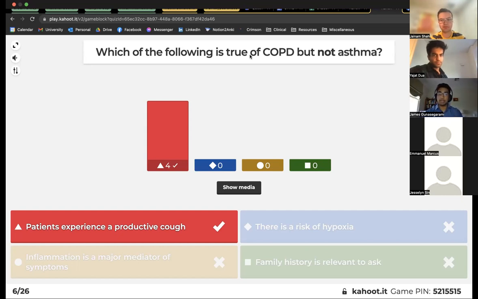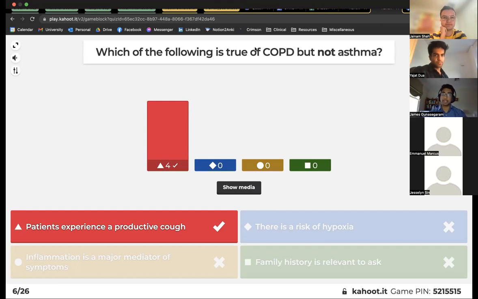So you get a productive cough in COPD, you don't get a productive cough in asthma. In both of them, there's a risk of hypoxia for obvious reasons, so sort of respiratory failure. Inflammation is important in both, and family history. So family history is an interesting one because, like with COPD, usually we think smoking, which is not really a